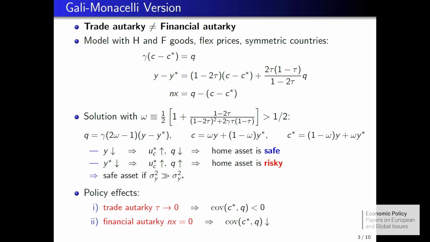But what is more interesting, what you can do in this exercise, is distinguish these two limiting cases. You can look at trade autarky. It's as if countries cannot trade because of tariffs, right? That corresponds to this tau parameter going to zero, openness of the economy going to zero. And you can separately look at financial autarky, when you can't trade assets, and as a result, net exports have to equal zero state by state. It turns out, qualitatively, under their parameter restrictions, both work in the same direction. So it's still true that the risk premium, or safety premium, goes down in both cases. But maybe it's work for the future to do this analysis more quantitatively and see if there are any interesting differences.